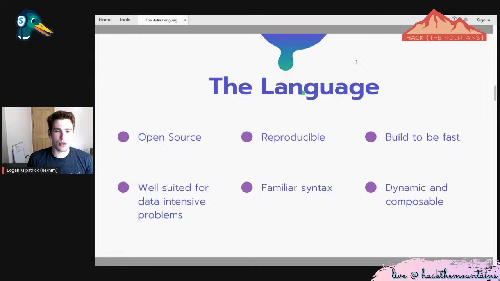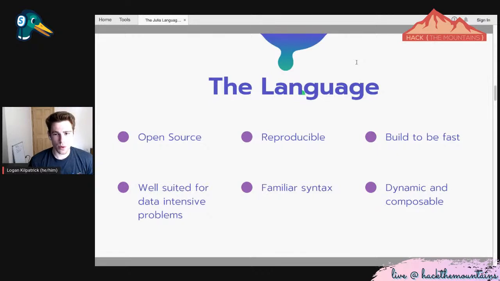The other piece is that Julia, because of the speed and the intentional design, is super well suited for problems that have a large scale or are very data intensive. We'll look at some of these use cases in a minute, but you'll see right away that the problems Julia is being used to solve are not your everyday, let's do some basic logic and check conditionals and toss a couple for loops in there. Julia's being used to solve some really intense, difficult problems.